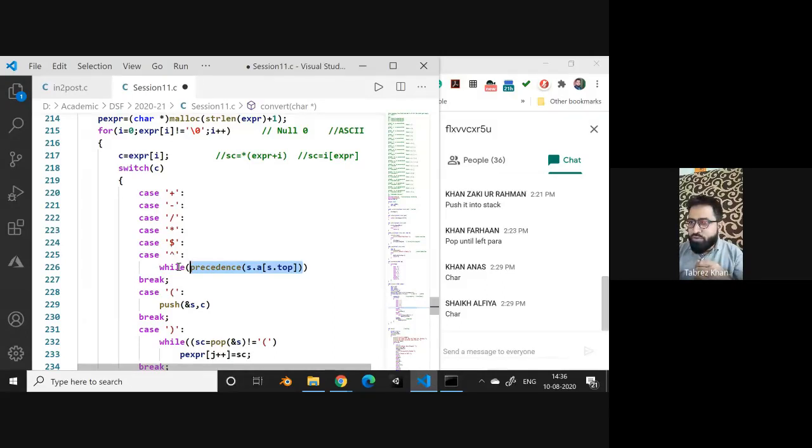We need to compare this precedence, of the operator on the top of stack, with the precedence of the encountered operator. So if the precedence of the operator on the top of stack is greater than or equal to,